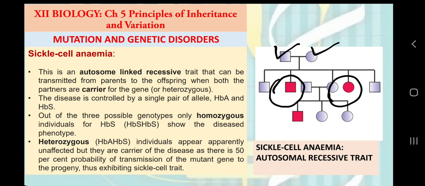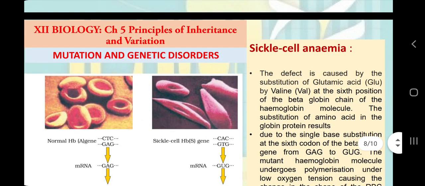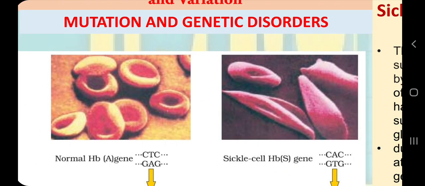So what is sickle cell anemia? Again considering the example of blood circulation, in hemophilia there was a cascade of proteins involved in blood clotting. Here we are talking about RBCs, or red blood cells. Why does blood appear red? Because red blood cells contain a protein, hemoglobin, which we have encountered in class 11th also. When we were studying biomolecules, we learned the primary, secondary, tertiary and quaternary structures of proteins, and we took the example of hemoglobin as the quaternary structure of proteins.